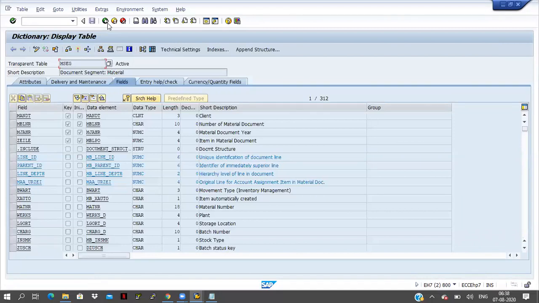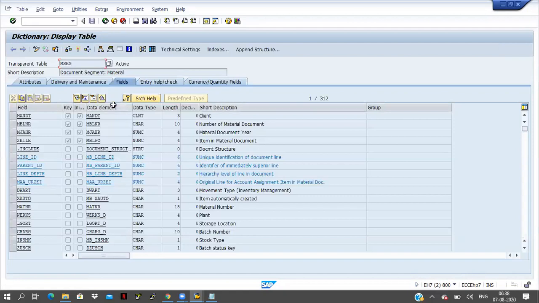We have to return the damages. So we have to maintain all the information: how much quantity came, and whether it is good or not. After checking, we maintain the data in our system: this much quantity received. Whenever we receive the material, the data is saved. That type of information we can check in the MSEC table.